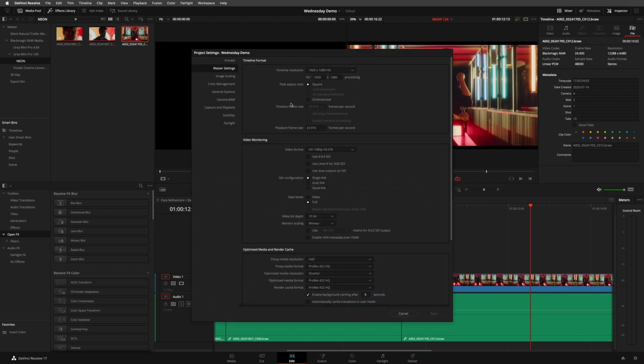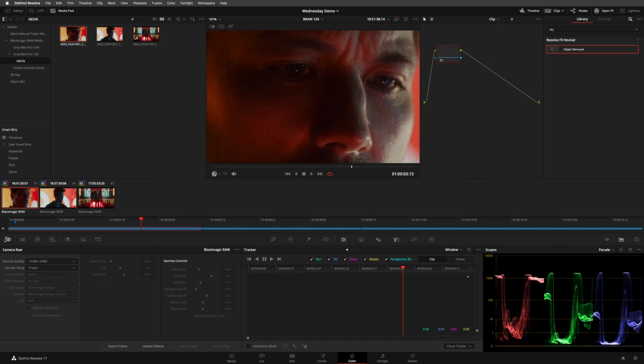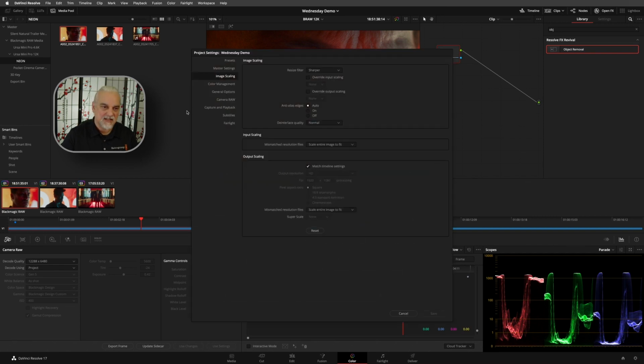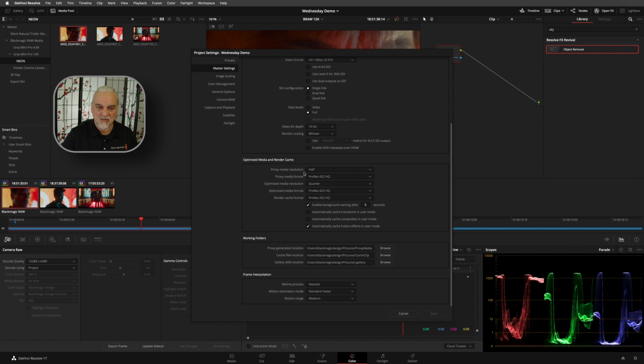The object is to try and generate the ability to play this 12K back on even lower end systems. The other thing that's going on here is that I've enabled our optimized media, and you are probably familiar with optimized media, but optimized media has changed. So if I go to the master settings and scroll to where we select our optimized media resolution and format,